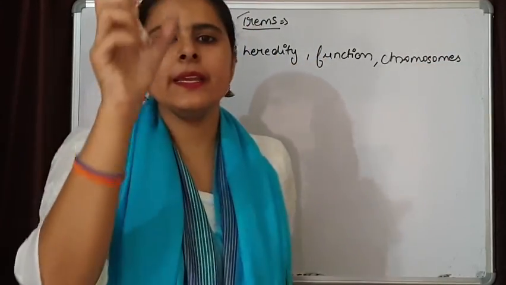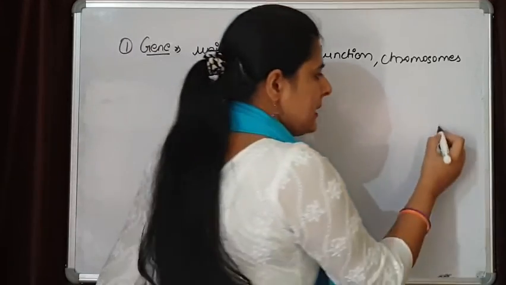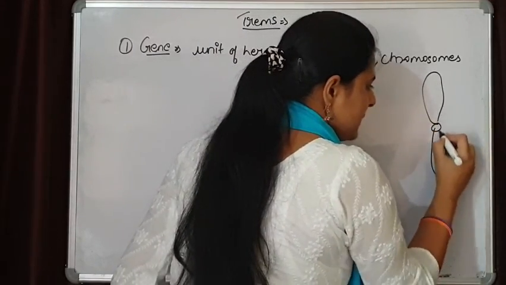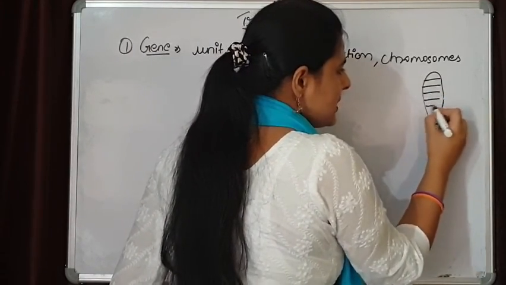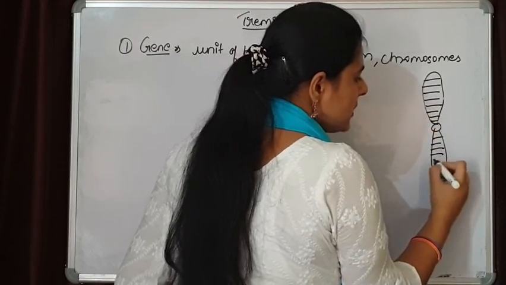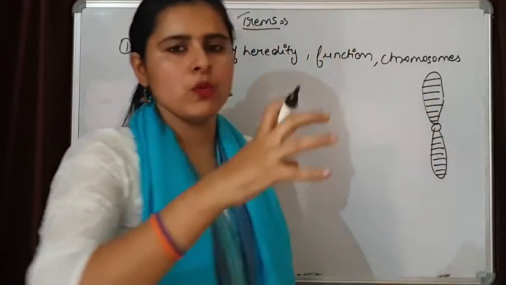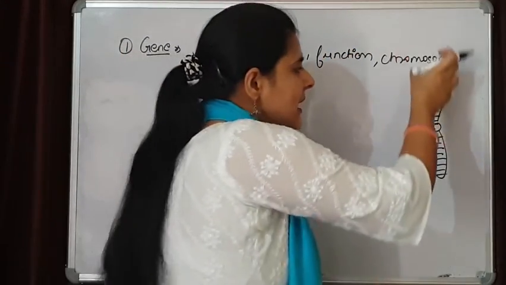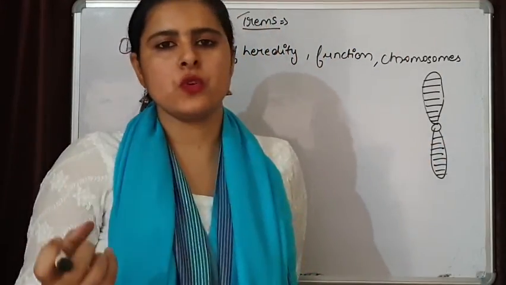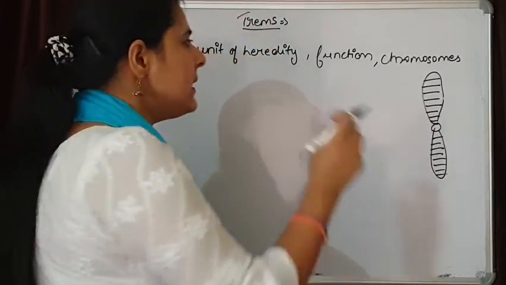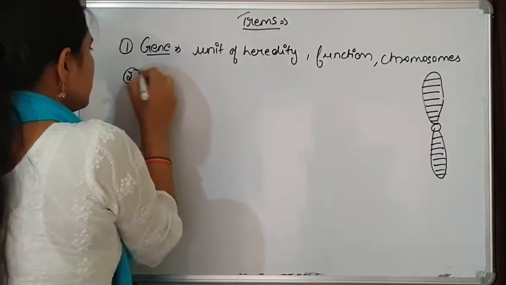Chromosomes have genes in a linear order, in a line, in a sequence. If this is a chromosome, this is how genes are linearly located on the chromosome. And when during gamete formation a chromosome is inherited, that means the genes that are present on this chromosome will also be inherited.